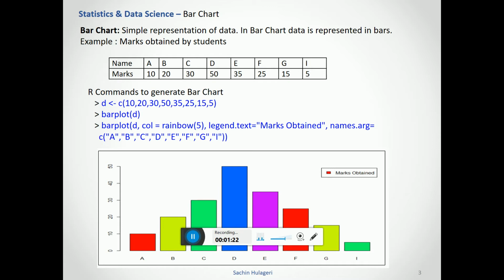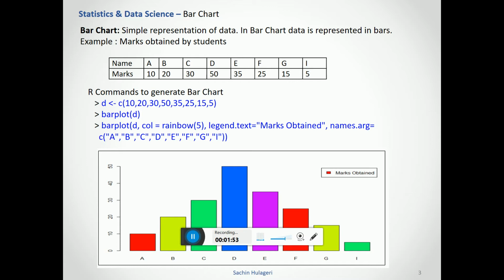So we will use R commands to plot a bar chart. Let's collect the default data set into a data set variable called D. And we can use the bar plot function to plot the data set. When we use just the simple bar chart with the data set, we'll only get a similar format, I mean, one uniform color bar chart.